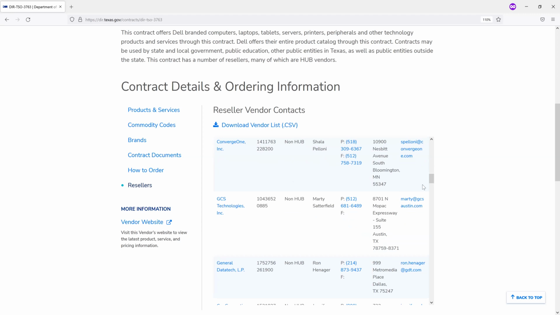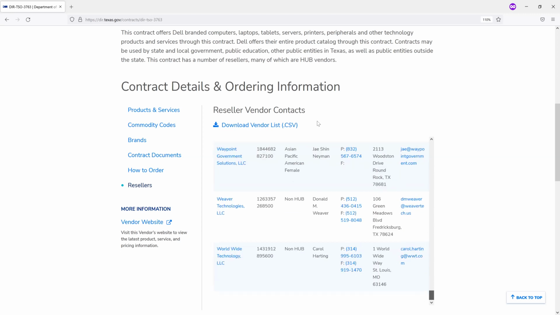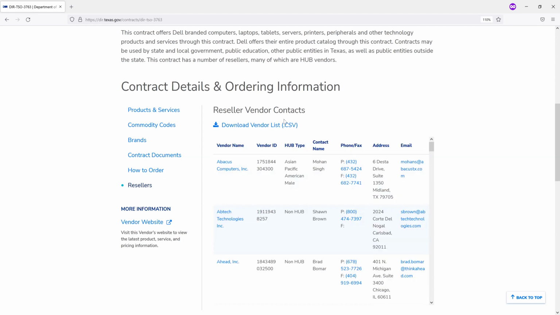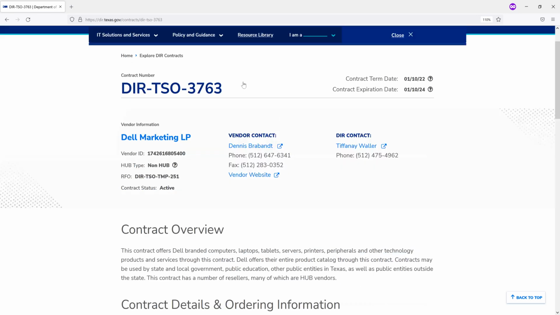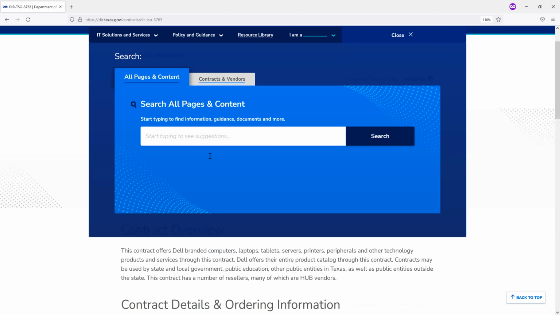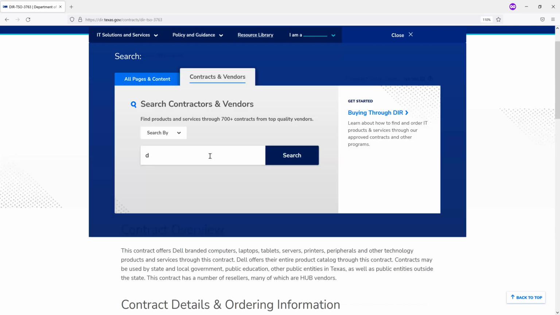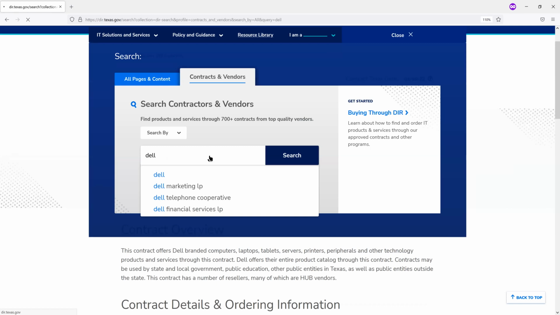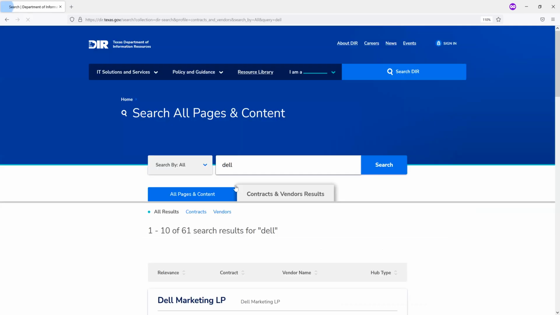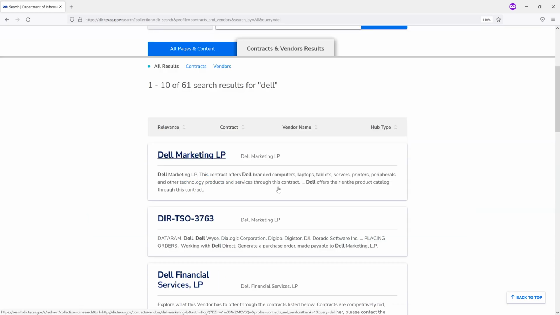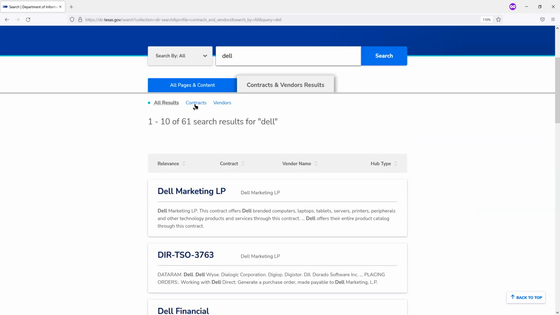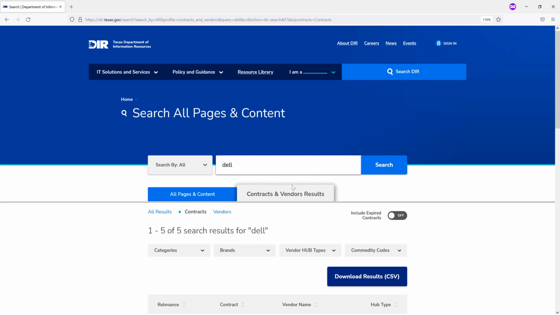Okay. So that may be related to your question, but if you have a follow-up question, feel free to submit that. I did want to go back to our search page and show another topic that people have been asking about. It's the other CSV download. As you saw when I searched, it defaulted to the All Results tab. If you tab over to the Contracts tab, you'll see a Download Results CSV here.